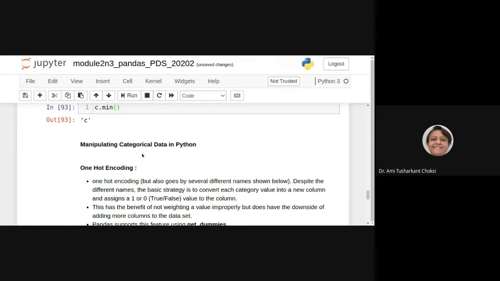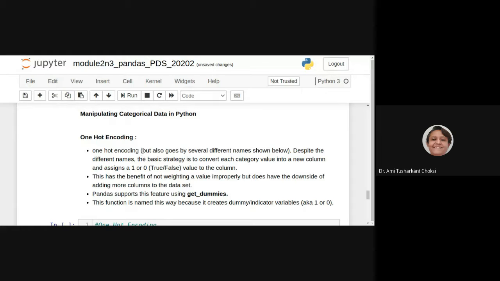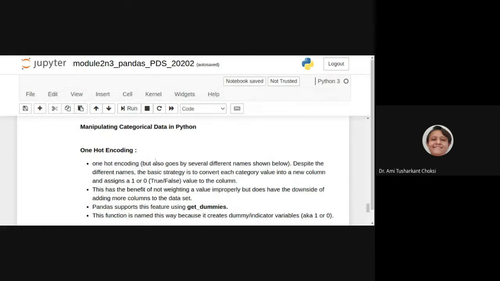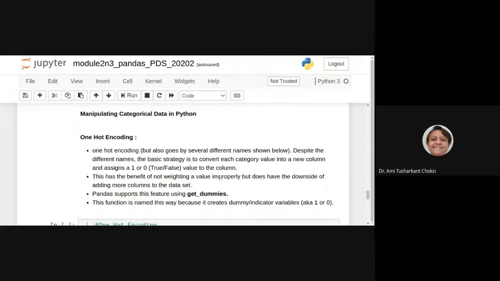Now, manipulating categorical data in Python. For that, we have one hot encoding. What is that? Despite the different names, the basic strategy is to convert each category value into a new column and assign a 0 or 1.